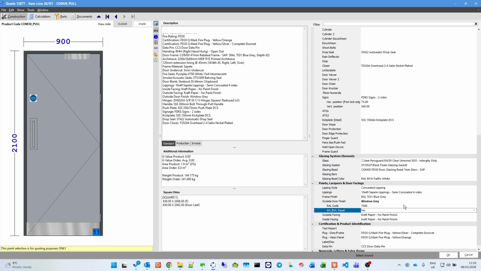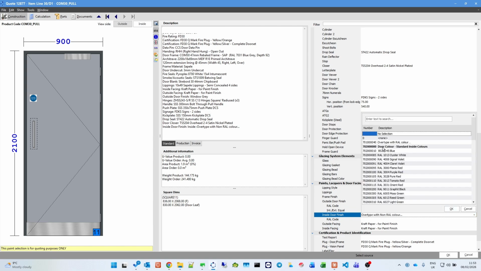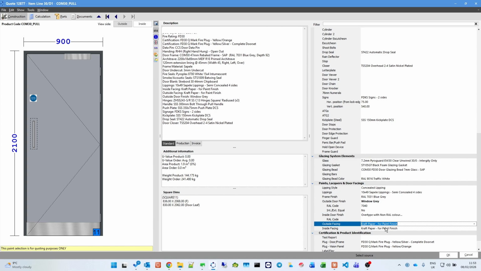So got the choice of internal and external colours being equal, yes or no. If I say no, then I'm going to get another selection for the door, and I could go with stop for that. So in this situation we're painting the door, and if I undo that